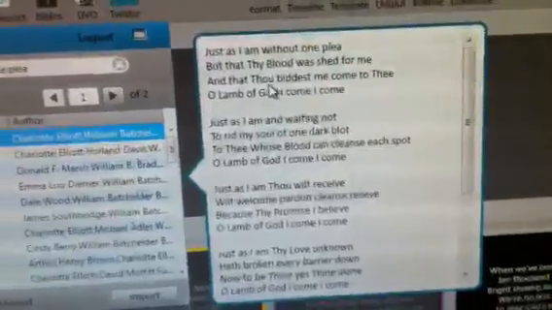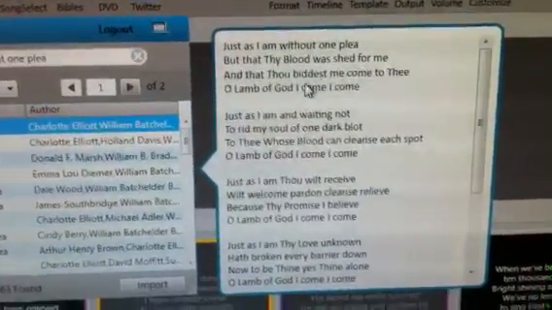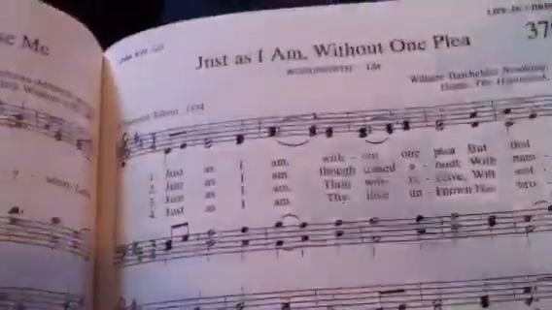Just as I am without one plea, but that thy blood was shed for me, and that thou biddest me to come to thee. Then we start looking on here, and we say, well, is that about what we've got